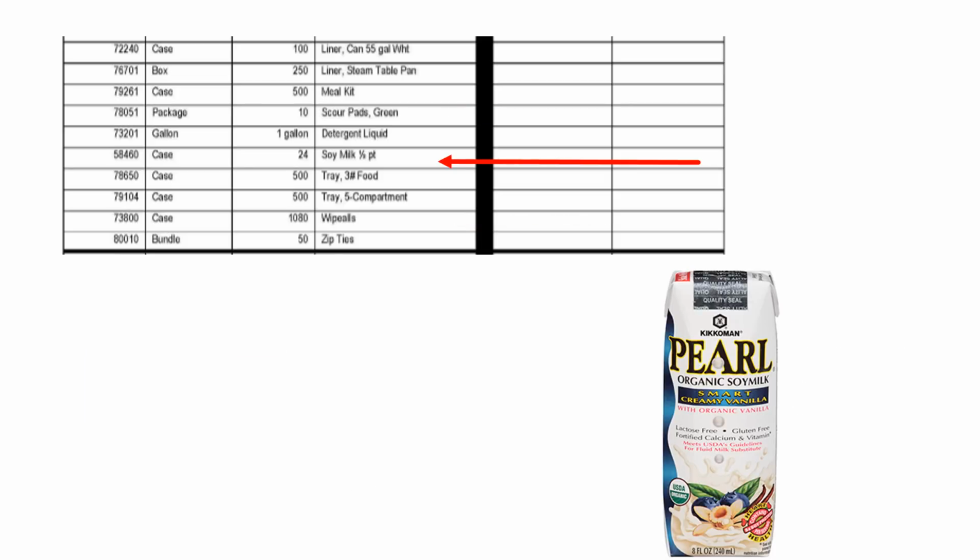Order soy milk for students who receive soy milk as part of a modified diet request. Your school nurse or one-source operator will communicate with you if there is a student requiring soy milk. Do not order soy milk if you do not have students requiring it. Be sure to watch expiration dates of soy milk. Soy milk can be kept cold or at room temperature. If you have soy milk in stock but no longer have a student who requires soy milk, the soy milk may be